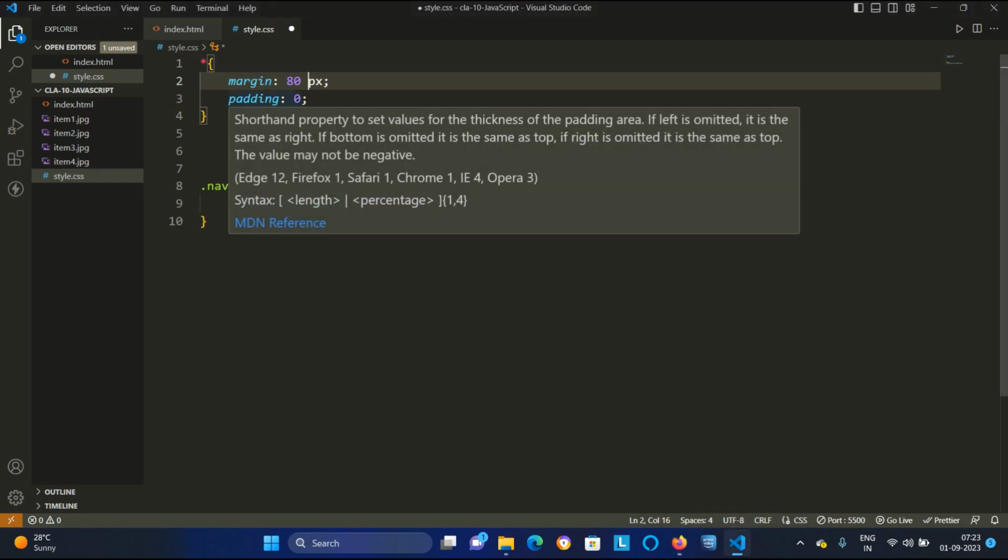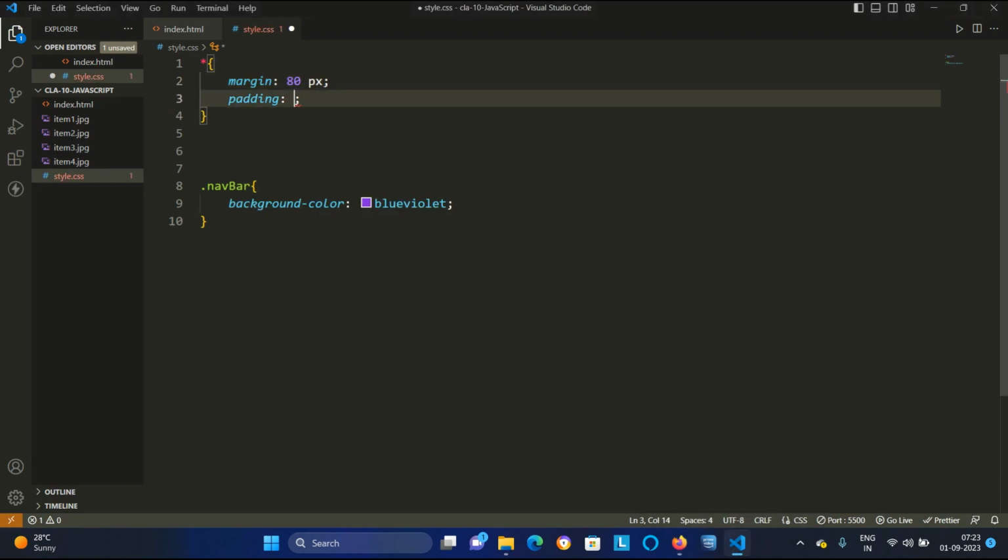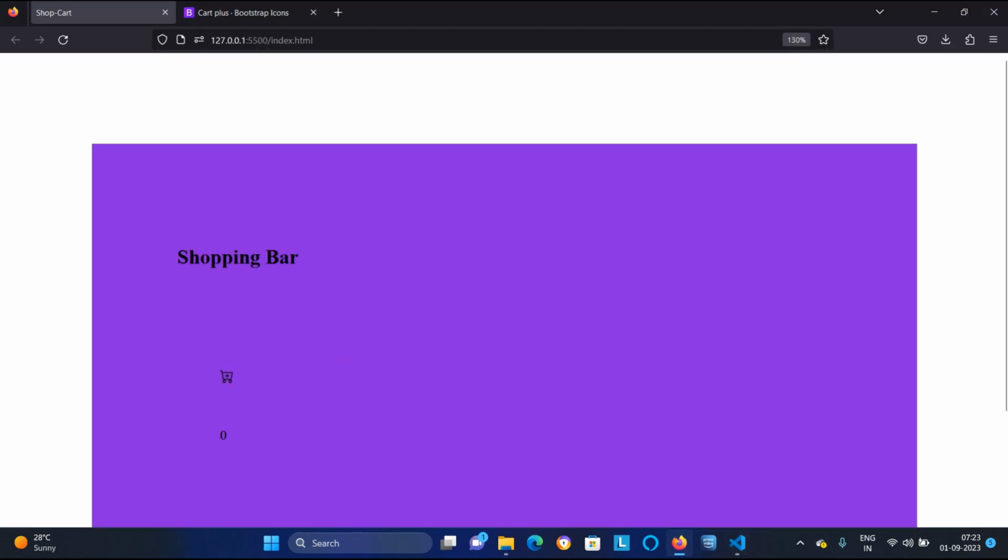It is taking a margin of 80 pixel. Now look at this search bar and all these things. If I change the padding, suppose I say padding is 50 pixel, go back, look. Now it has taken some padding of 50 pixel from the top and from the left.